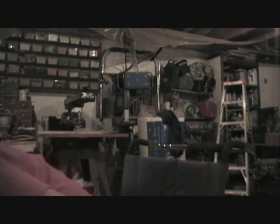Okay. I see this is an old tool, and it's been kicking around for years. I never fully understood what it was for. I thought it was some kind of a punch. I was never sure, and I've never cleaned it up enough to read the manufacturer's name, because that wasn't what I was looking for when I got it. It was the ram, so anything in there was a bonus. But when you have it adjusted right, it's a one-handed operation to pop holes. This one is maybe worn in or worn out, but with one hand, just like that, I got a couple of nice holes for doing the plug welds. So I really appreciate that,